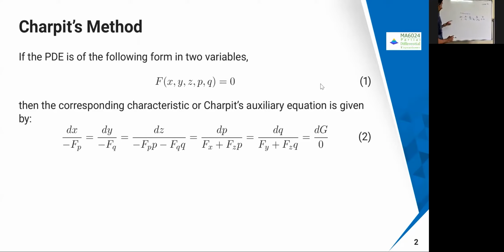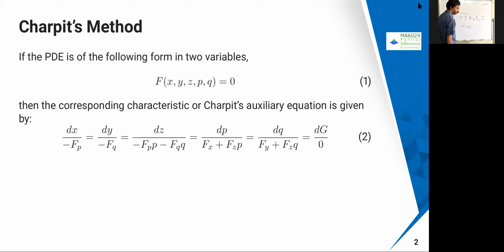So once we solve this one, this is the auxiliary equation, the Charpitz auxiliary equation. This is nothing but a characteristic system. Once you solve this, you can find p in terms of a, b, c, etc., and similarly q in terms of a, b, c. Substitute over here and find the relations between the constants. Then you can write the equation dz equal to p dx plus q dy, and that is going to give you the answers for your problem.